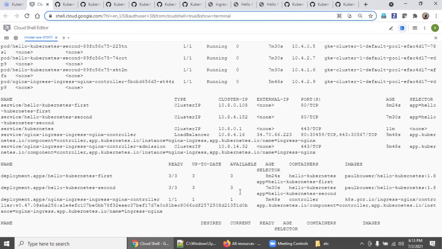So in this service, we have clearly said hello-kubernetes-first, hw1.example.com, map it to this service. hw2.example.com, map it to this service. So ingress is very, very powerful to send a particular request based on the rule which you deploy, right? So it is, I would say, an intelligent load balancer.